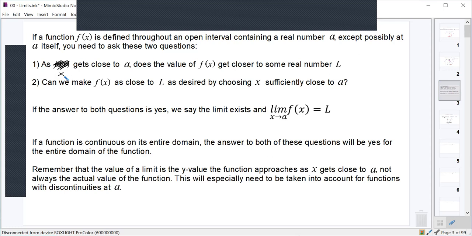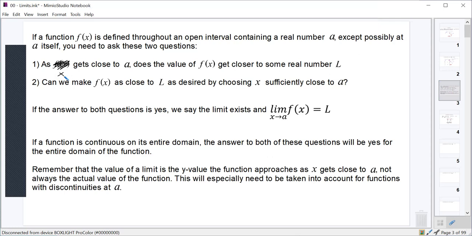Right? So that's the first question we'll answer. Hopefully the answer will be yes. And then our second question that we'll ask is, can we make f of x get as close to L as we want by choosing x values that are closer and closer and closer to a? And if the answer to both of those is yes, then we would say the limit exists